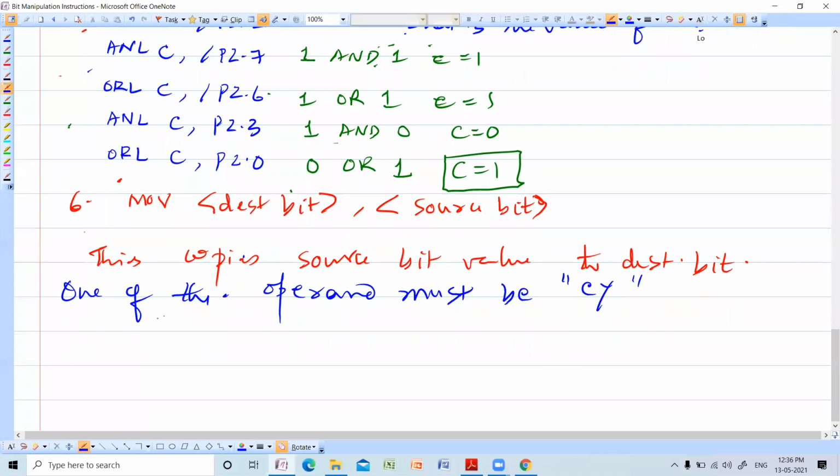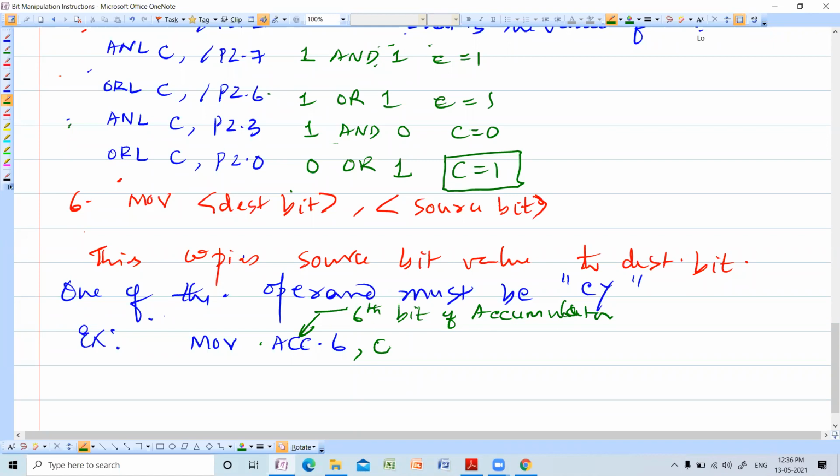So what would be the example? MOV, the sixth bit of the accumulator. If I write ACC.6, what is the meaning of this? The sixth bit of the accumulator register. You can use this. This is a valid instruction. Comma C, because one of the operands must be C. Or MOV C comma P2.5.